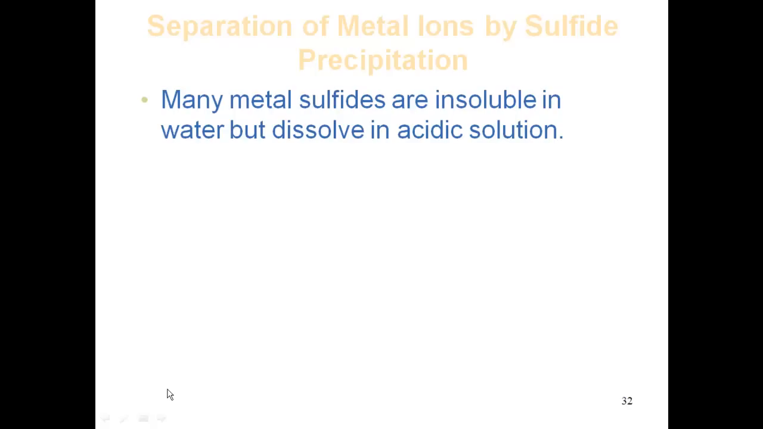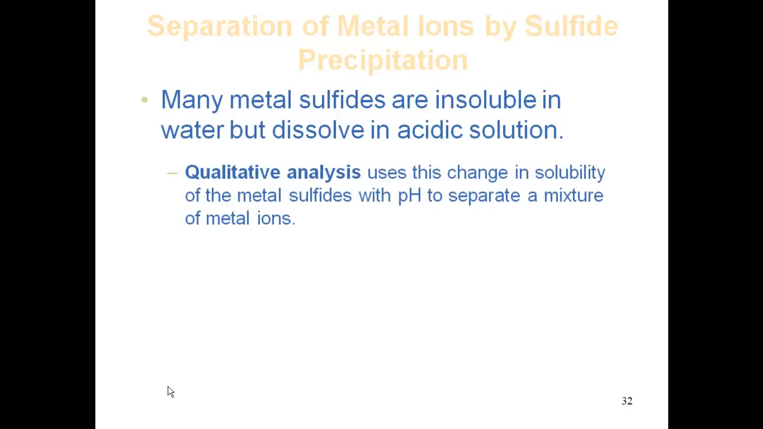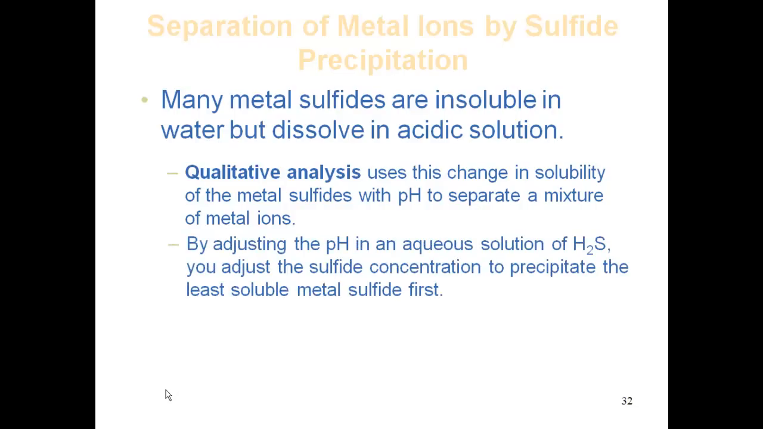Now, many metal sulfides are insoluble in water, but they dissolve in acidic solution. This is one of the things we take advantage of in qualitative analysis schemes. Qualitative analysis uses this change in solubility of the metal sulfides with pH to separate a mixture of metal ions. We add the H2S, hydrogen sulfide, and adjust the pH of the solution. By adjusting the pH in the aqueous solution of hydrogen sulfide, you adjust the sulfide concentration to precipitate the least